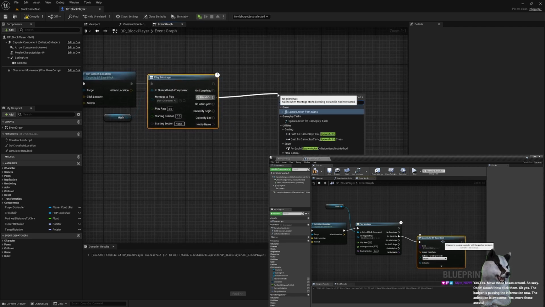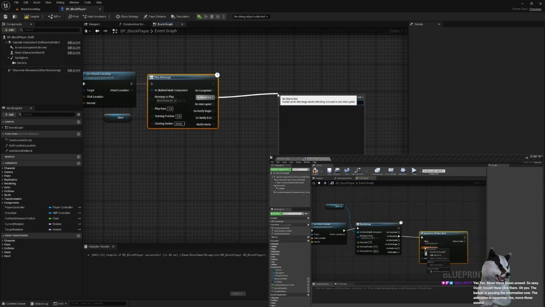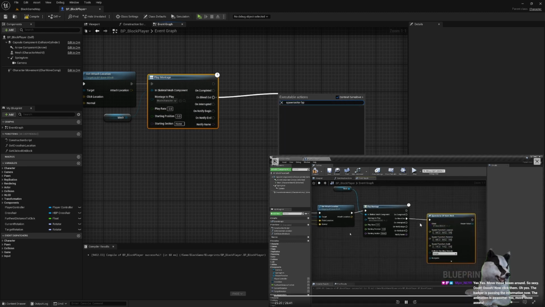And that's going to need to know where to spawn that actor. Right click on the spawn transform and split that. And from the get attached location,